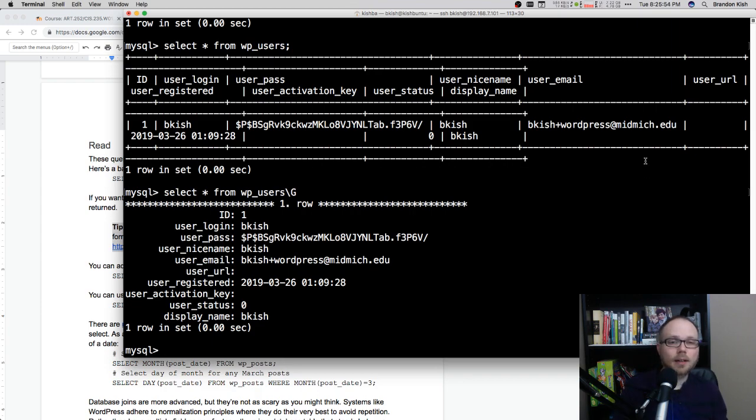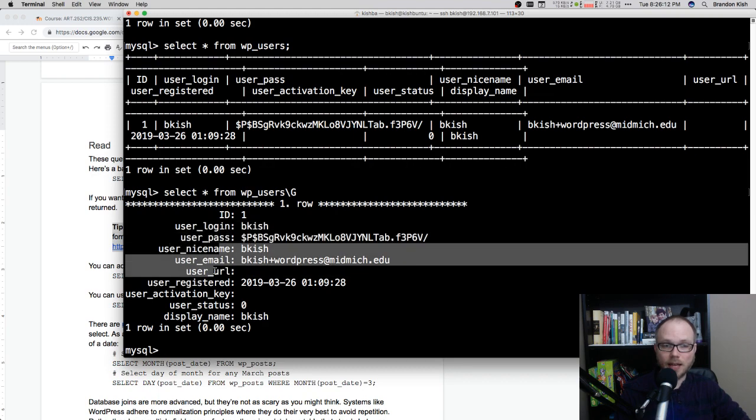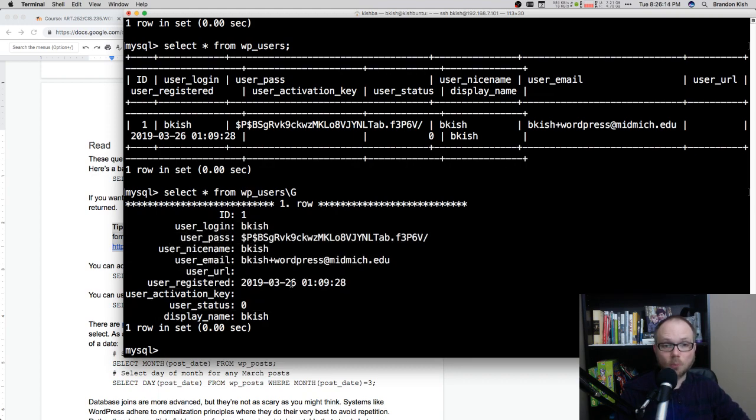It's called the vertical mode. And instead of trying to fit it in a really long width, it optimizes it so you can read the column names on the left and the values on the right. This is a way easier way to look record by record at something. So this works really well in the users table. Now you can actually see my password and name and URL, when the user was created, line by line. A lot easier to read.